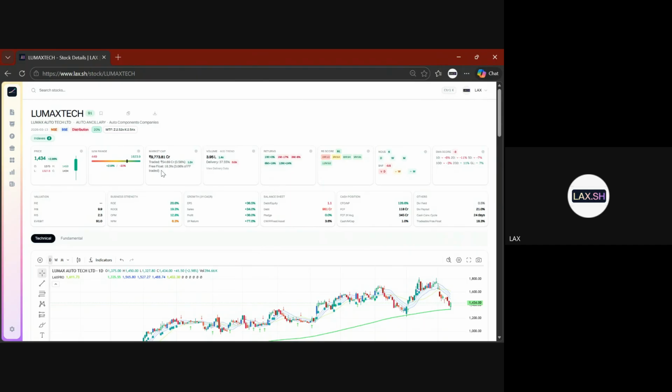Okay. And you see, the free float of the stock is how much? Only 18%. So even though market cap is 10,000 crore, but tradable free float is how much? Less than 2,000 crore, right? So it is traded, like volume is above average, delivery is 37, 38%, so not really huge, right?